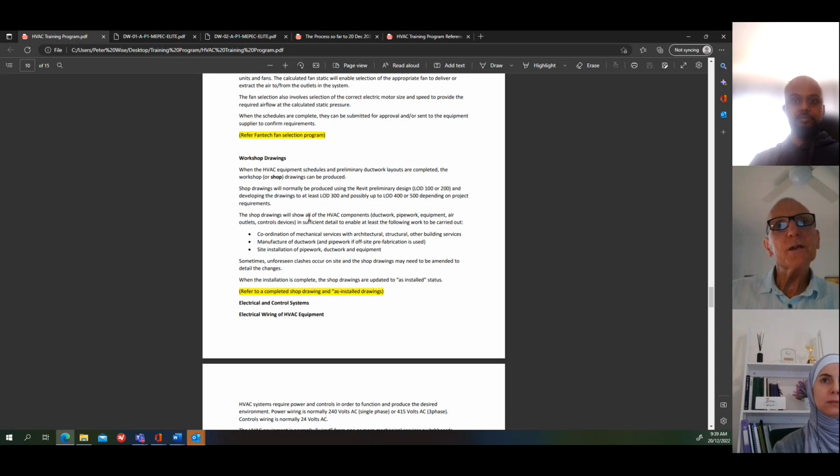The shop drawings will show all of the HVAC components, ductwork, pipework, equipment, etc., outlets, control devices, in sufficient detail to enable at least the following work to be carried out. So coordination of mechanical services with architectural, structural and other building services. And a lot of that coordination is happening while the drawings are being produced. We don't produce a drawing and then say, here's my drawing, and then you start coordinating. That coordination process is happening all the way through,